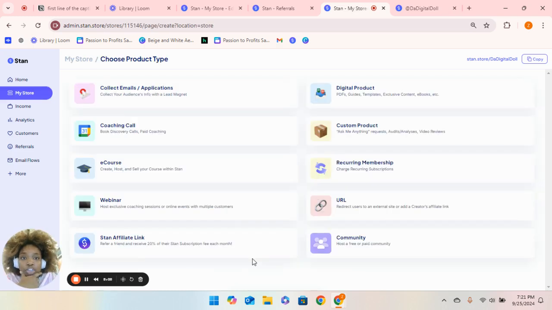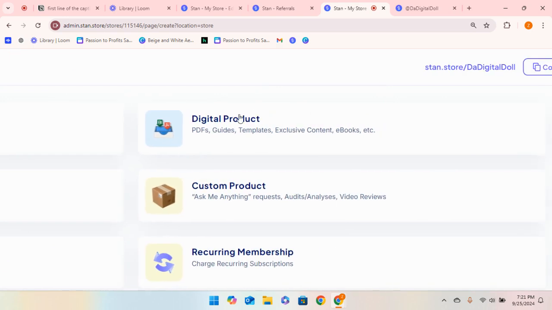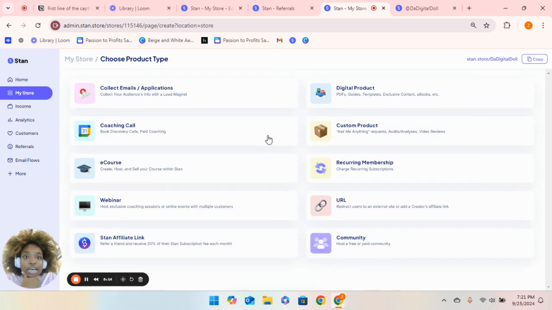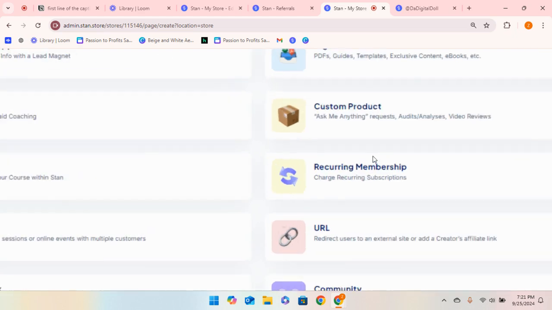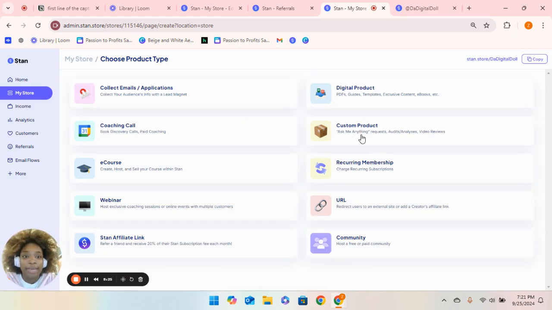Back to some other digital products we can create. These are the more general digital products right here. Those are going to be your ebooks, your guides, your templates, things like that. And it's the same process, so we're not really going to get too deep into that. We also have custom products, so things like Ask Me Anything requests,